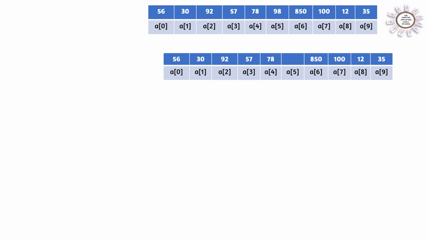So what is the logic we can use? First thing, one by one check whether the number is present. So here i loop will be running. We will be checking if A of i is equal to X. X is 98 in this example. So A0, first time i is 0, that means A0 is equal to 98? 56 and 98 is not same. Next time i will be 1. A1 and the particular number will be checked. A2, A3, A4 and A5.